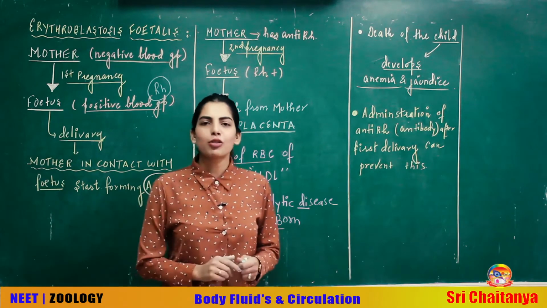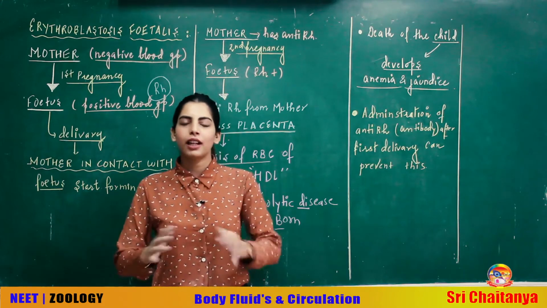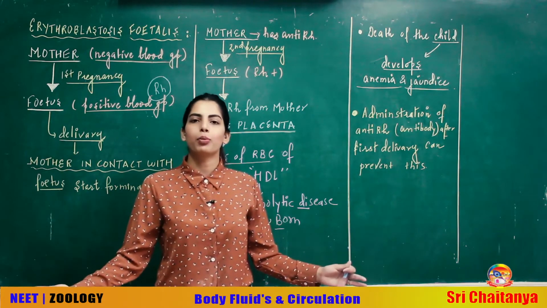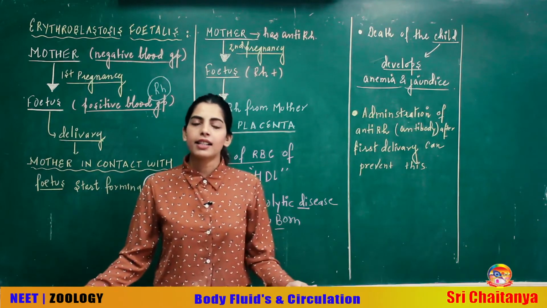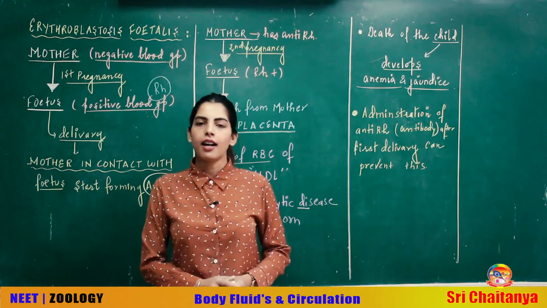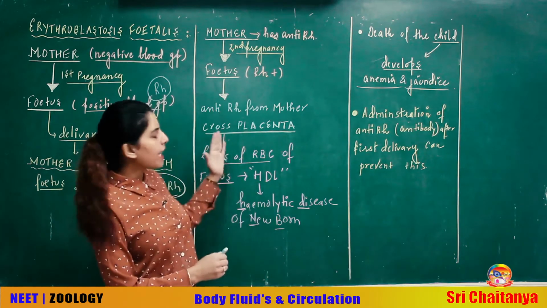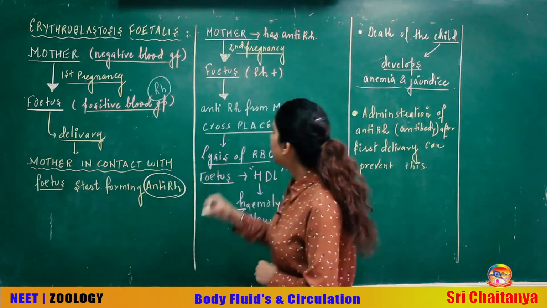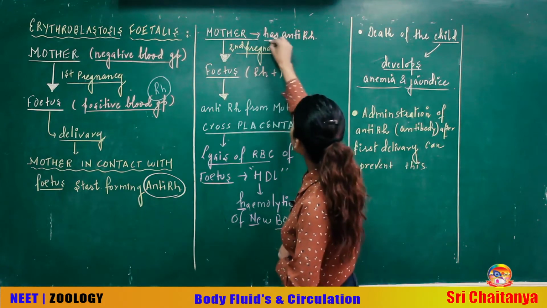Is it necessary, students, that the blood group of the mother and fetus is same? Mother might have A blood group, fetus might have B blood group. Why not in that case the antibodies against B is crossing the placenta, and only these antibodies are crossing placenta? The reason behind that, the antibodies which are these